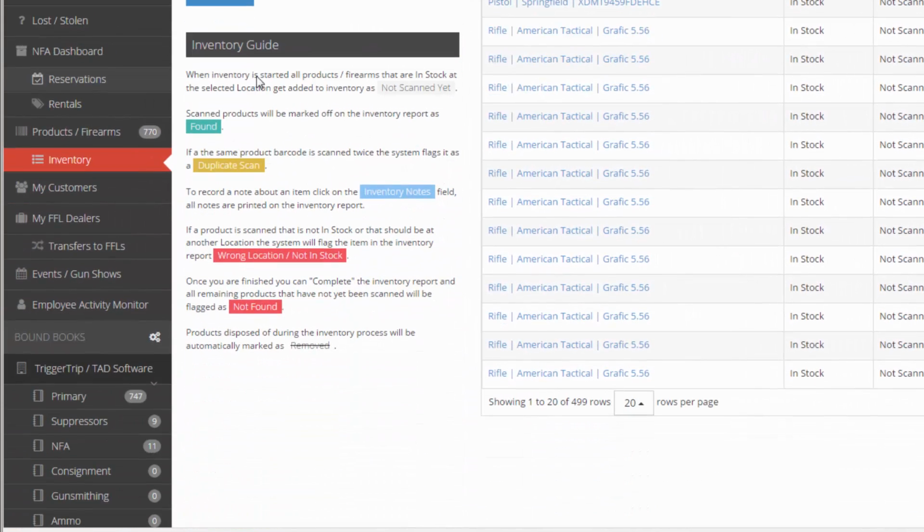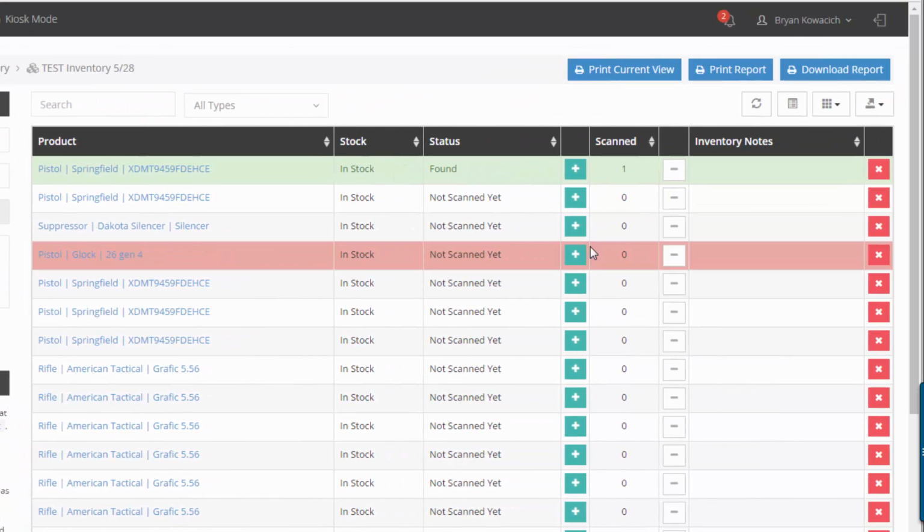The inventory guide is very self-explanatory and shows you exactly what's going on within your system. Green means found, yellow meaning duplicate scan, blue meaning inventory notes, red meaning wrong location or not in stock or not found. Additionally, you have the ability to remove an item from the inventory in the event that it is